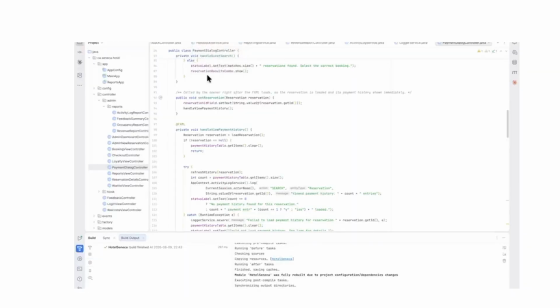I'm also going to build the project to show that the project properly builds. To verify the final integration, we tested every FXML